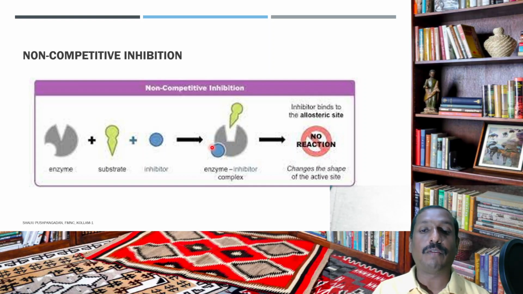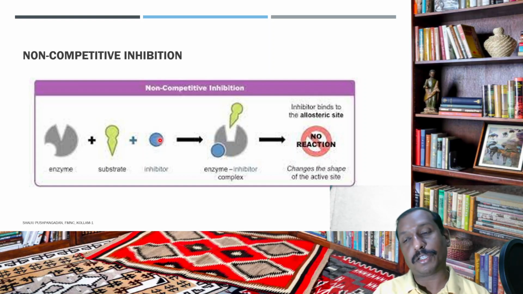This kind of inhibitor will inhibit the total enzyme action. This kind of inhibitor is called non-competitive, because it is not competing with the substrate for the active site, but it is actually changing the active site of the enzyme. This kind of inhibitor is called a non-competitive inhibitor, and this kind of inhibition is called non-competitive inhibition. A non-competitive inhibitor is a kind of inhibitor which does not have any structural similarity with the substrate,